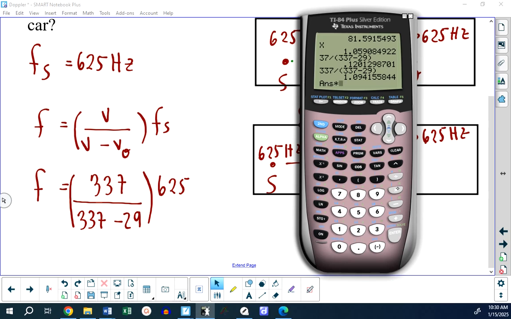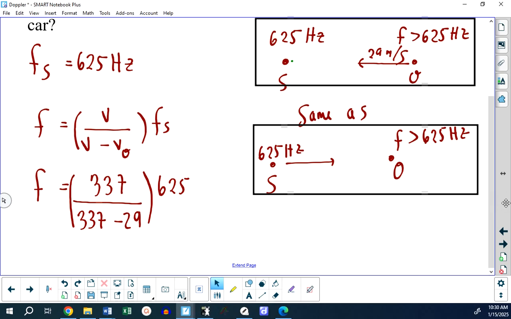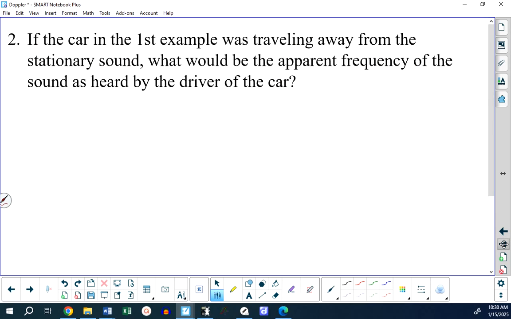Is it 625? Okay, thank you. So about 683. We okay with that? The car in the first example, we're traveling away from the stationary sound. I feel that I've done a half-decent job in explaining why it was minus in the previous one, that I can just say to you here,